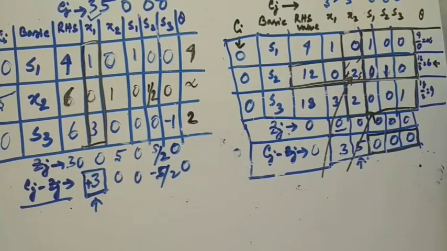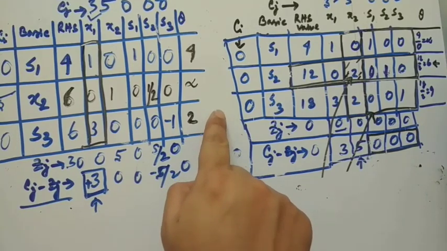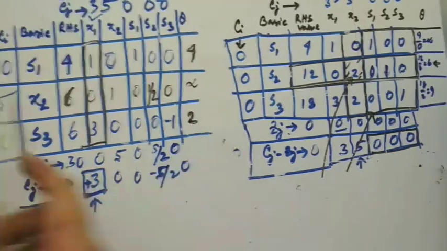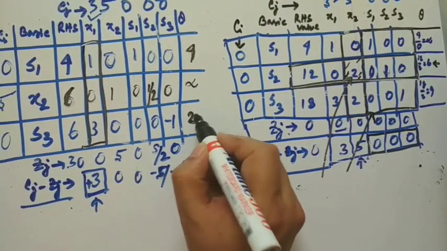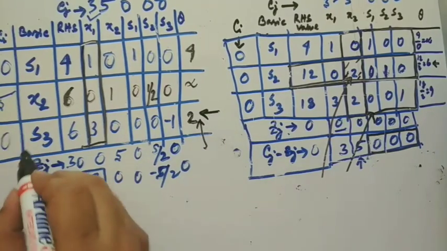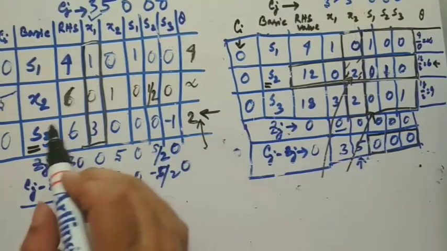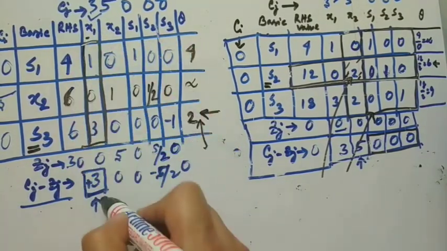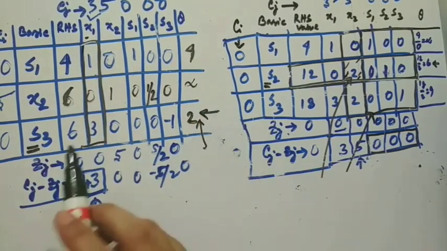So that means, I have earlier told you, the least positive value will be our leaving variable. So this is the leaving variable, as because it has the least positive value, this one. Okay. So leaving variable will be S3. Earlier leaving variable was S2. Okay. So now S3 will be leaving variable, and entering variable will be corresponding key column, that is the X1. So X1 replaces S3 in the next iteration table.